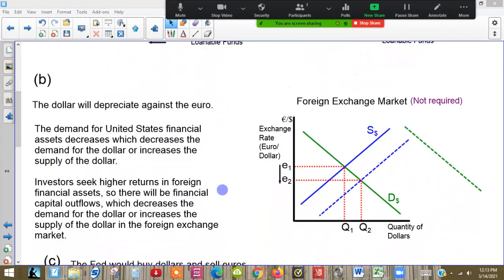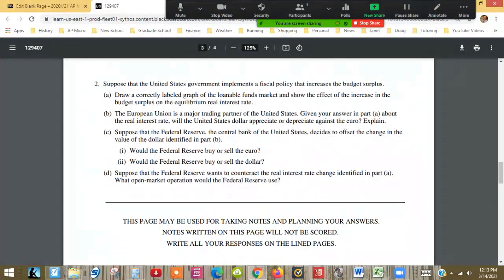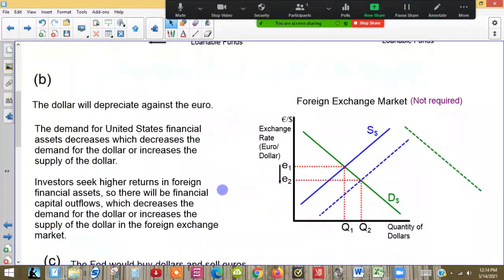Let's jump back over here. The European Union is a major trading partner of the U.S. Given your answer in part A about the real interest rate, will the U.S. dollar appreciate or depreciate against the euro? Explain. Okay, well, the short answer is the dollar is going to